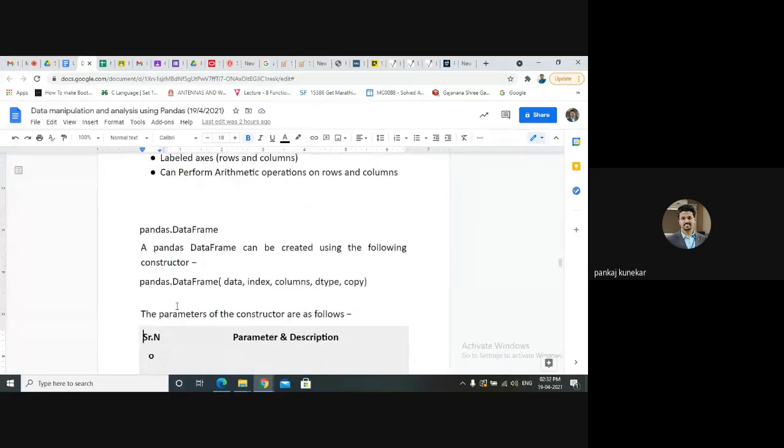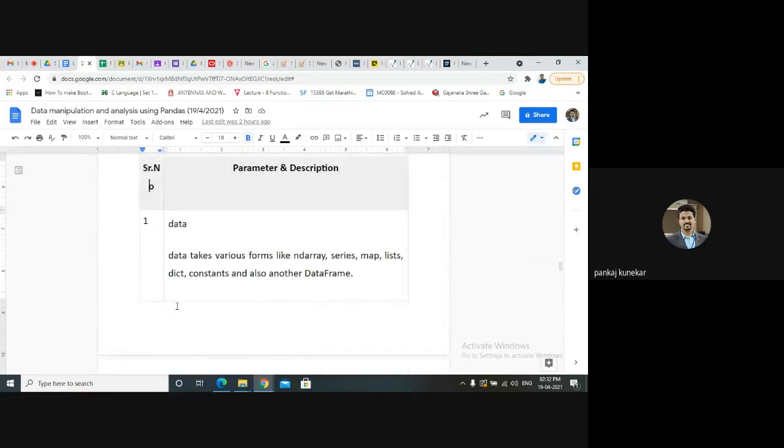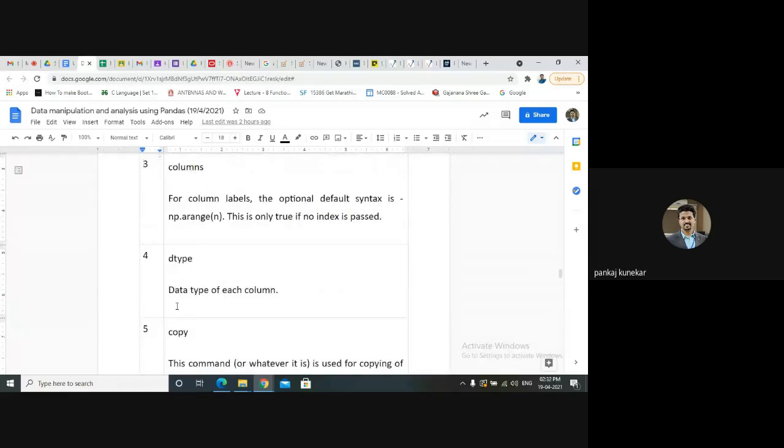How can we create a data frame? We have the DataFrame constructor in pandas. It comes with 5 parameters: data, index, columns, dtype, and copy. Obviously we need some data. We can take input from data like a series. We can pass a series, ndarray, map, list, dictionaries, etc., or also a data frame to create a data frame.